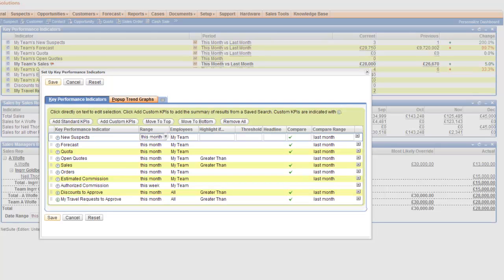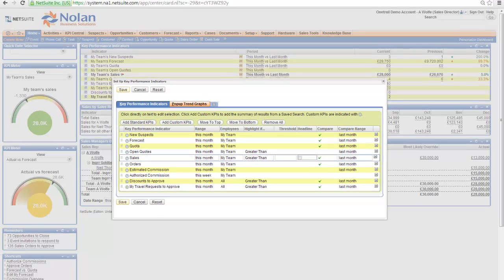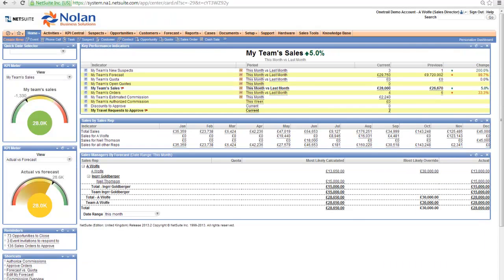But what I actually want to do here is make my sales KPI a bit more prominent. So all I need to do is take that KPI and mark that as a headline. Now, looking at my homepage, it's quite clear how my sales team are performing this month compared to last month. I've also added some KPI meters you can see here on the left hand side, so I can see graphically